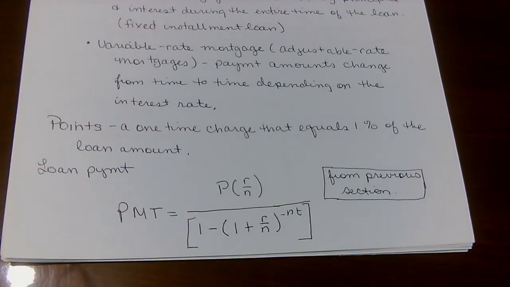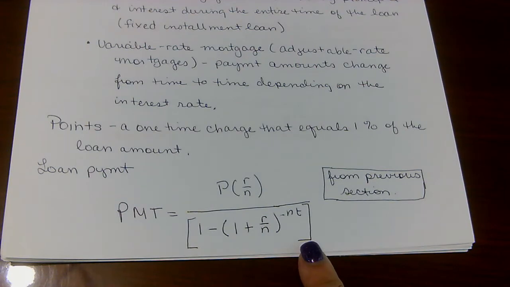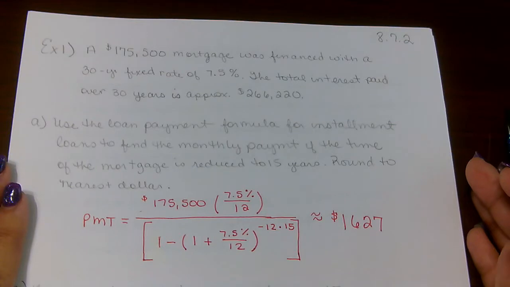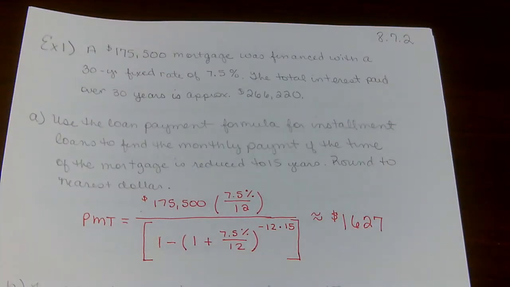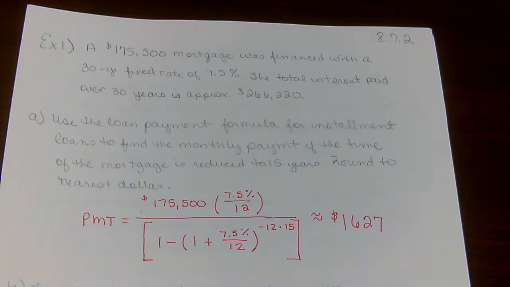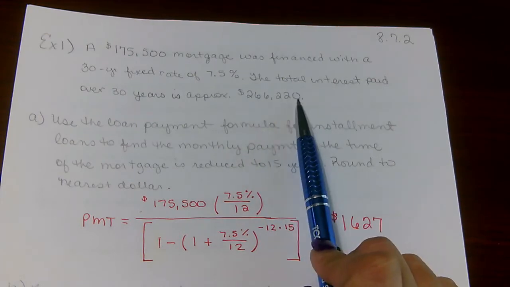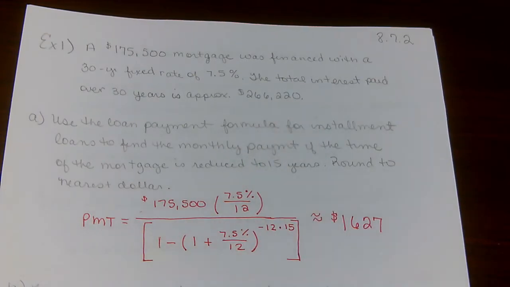Our loan payment will be calculated using the exact same formula that we used in the previous section. Let's look at an example. A $175,500 mortgage was financed with a 30-year fixed rate of 7.5%. The total interest paid over 30 years is approximately $266,220. Part A. Use the loan payment formula for installment loans to find the monthly payment if the time of